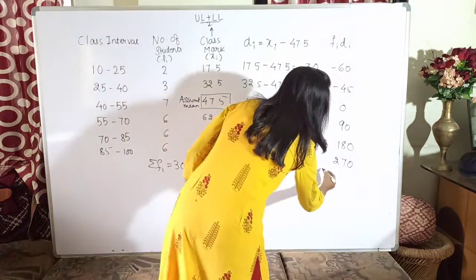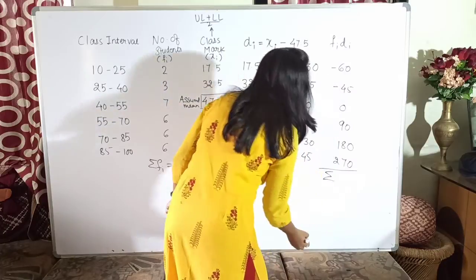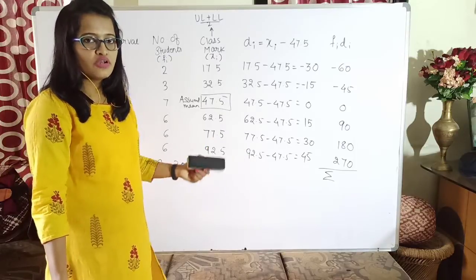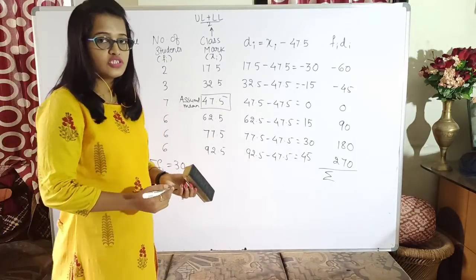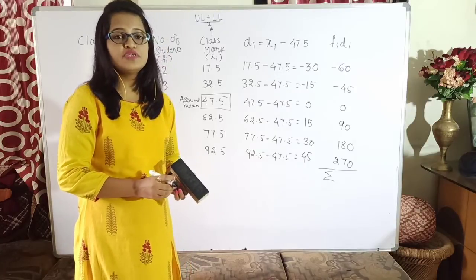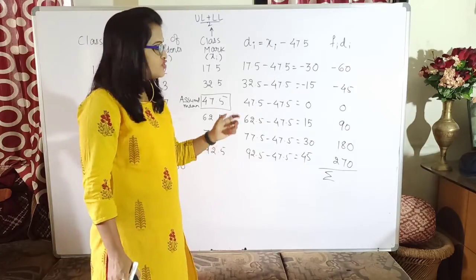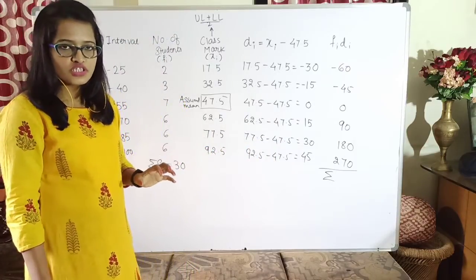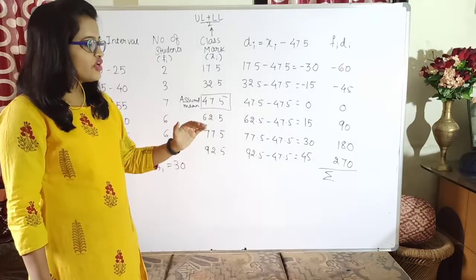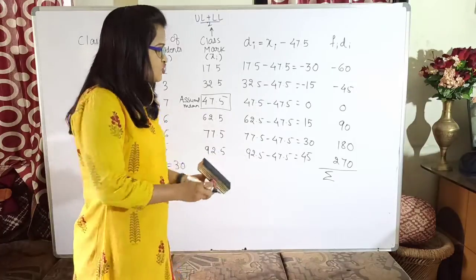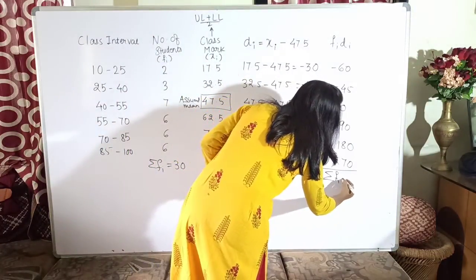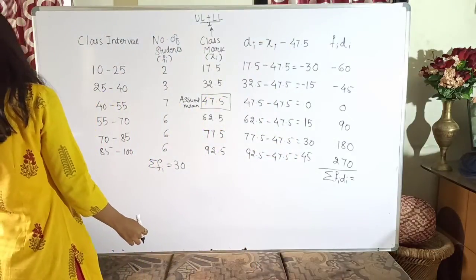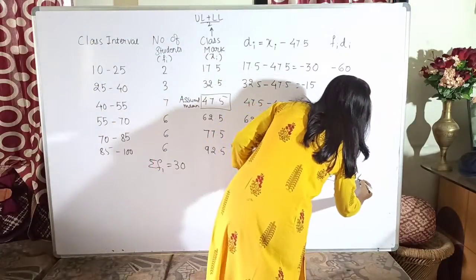Further, what we have to do? Again, we have to distribute these values among the whole data. What was the logic? The average is equal to the assumed mean plus the distributed value, and the concept was that we have to obtain the summation to be 0. If the summation was not 0, then whatever value you are getting, you have to redistribute it. So let us find the summation of fi di, the addition of all the values in the column, which gives me 435.